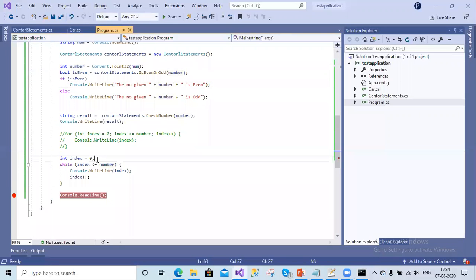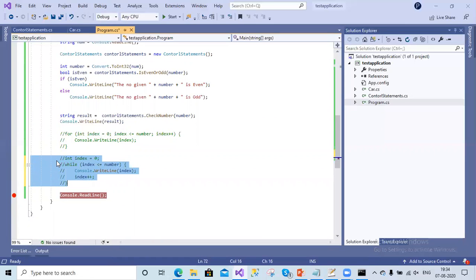We have initialized the same number, but the difference is that in the for loop we have the initializer within the for loop syntax, but here in the while loop we have to initialize the value before the while loop. The condition was placed between the for loop syntax itself, but here the condition goes inside the while statement, and the increment or decrement was in the syntax, but here we have to do it within the while statements. This is about the while loop.